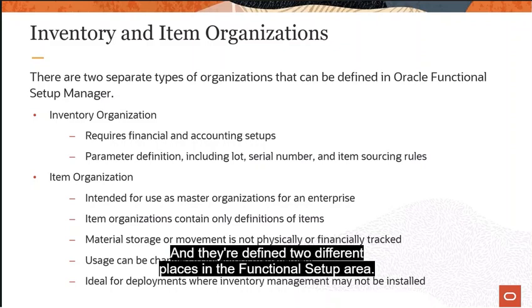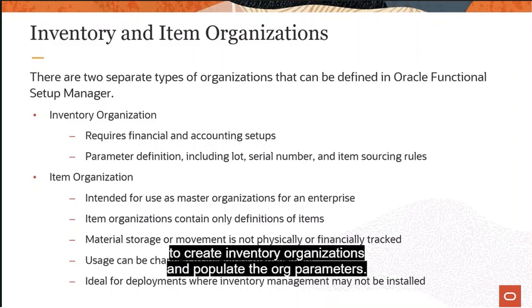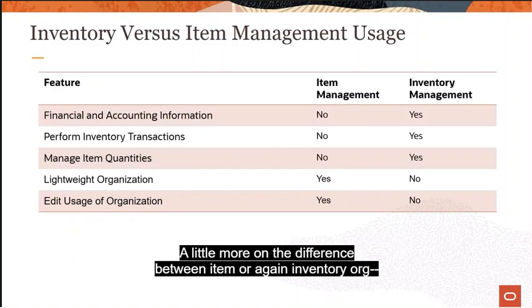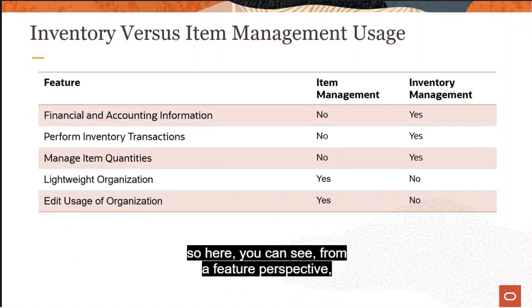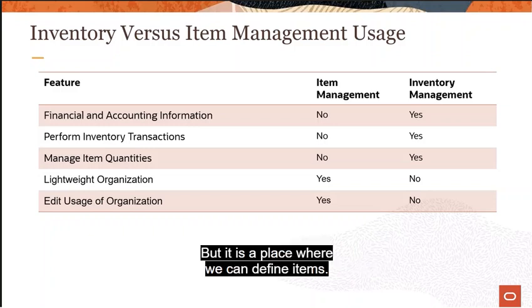And they're defined in two different places in the functional setup area. Additionally, you can leverage the REST services to create inventory organizations and populate the org parameters. A little more on the difference between item org and inventory org. So here you can see from a feature perspective, we're not doing any financial tracking in the item org. We're not doing any transactions. We're not managing on-hand quantities. But it is a place